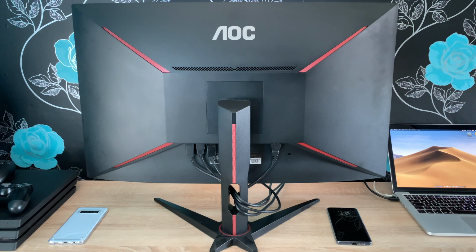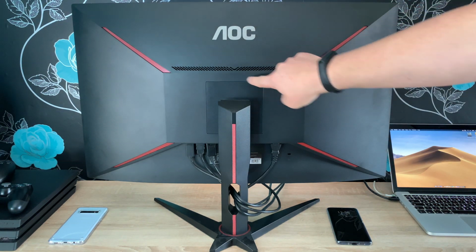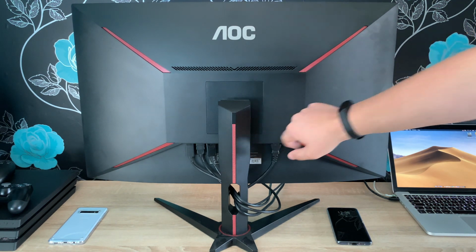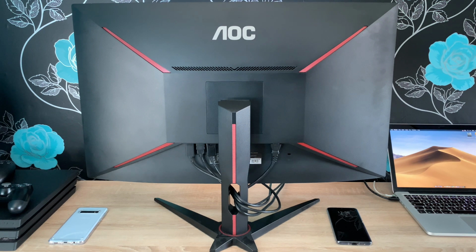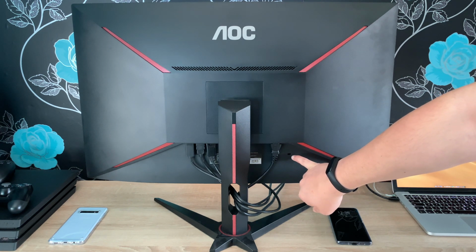Then obviously as well, this has the option of a VESA connection. So you can take the column and stand off here. The actual square patch here comes out. There's a button hidden behind the column there that you press that releases the display from the stand and the column, and then you can put in a VESA mount if you so want to have this mounted, and that's 100 by 100. Also down here underneath the power connection, you can see a Kensington lock,